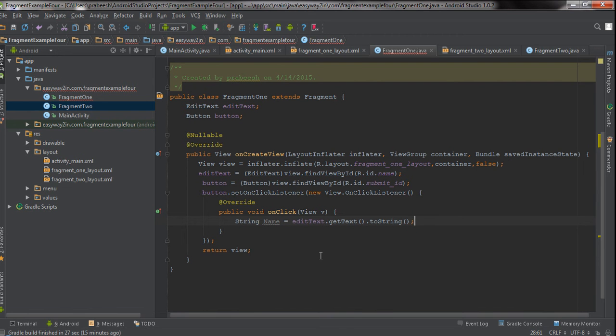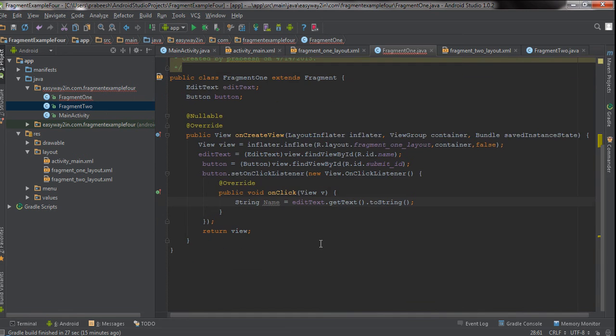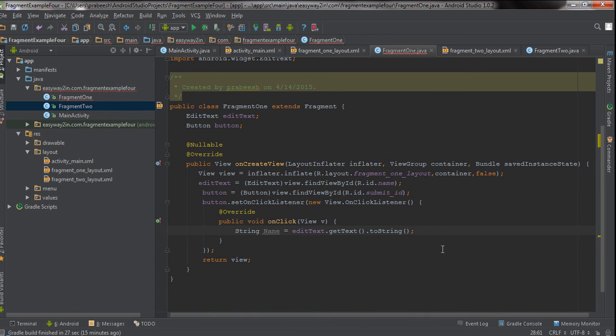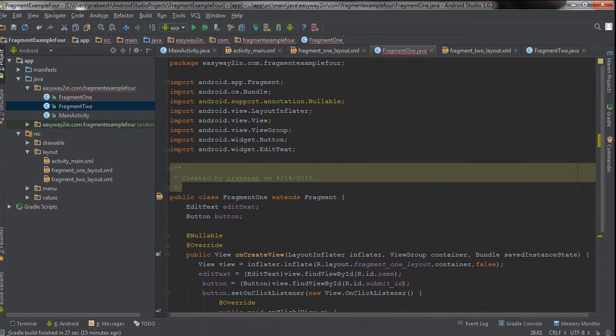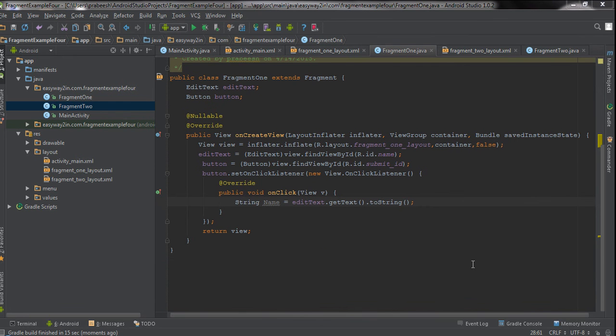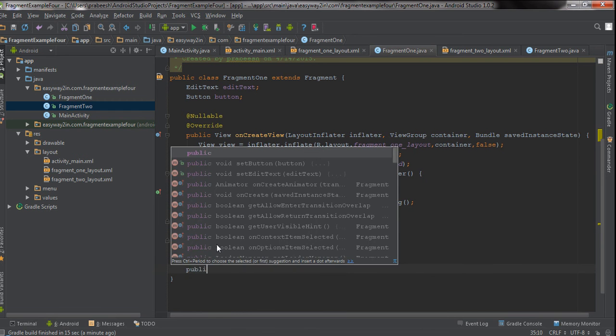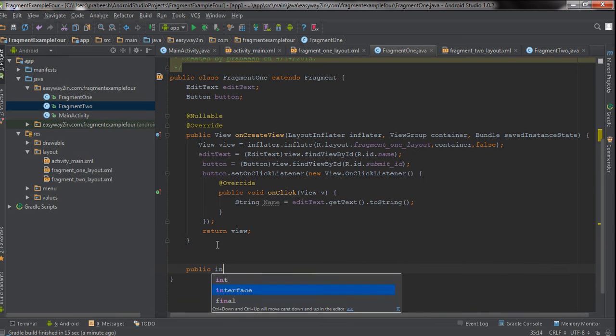Now we have to pass this name into the second fragment. So a fragment can communicate with another fragment through an activity. Okay, now we have to create an interface on this fragment to establish the communication with the other fragment. So here I am going to add an interface. So public interface. I name the interface as